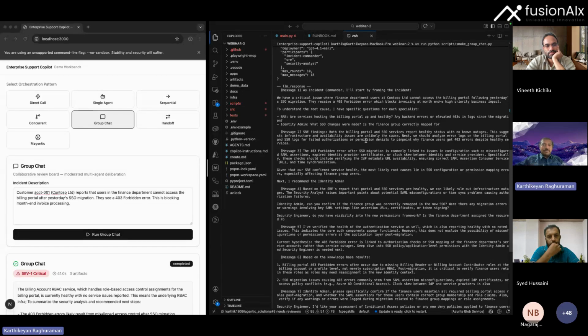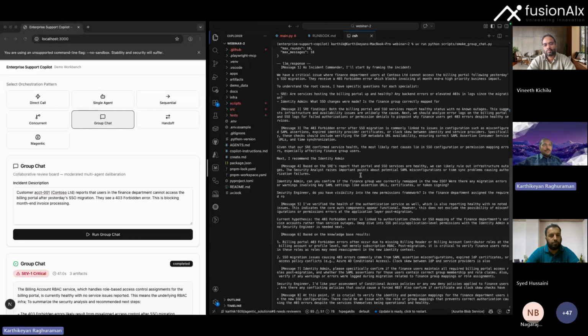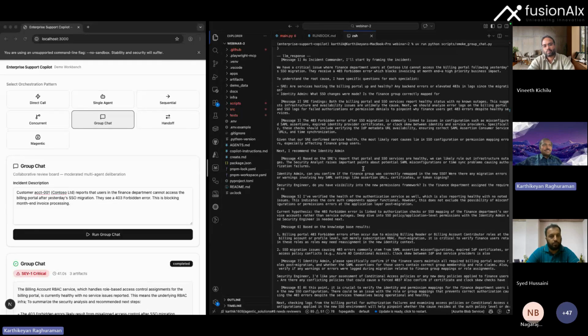So it can actually perform an informed triage, not just provide advisory, but actually look up the status of certain services. Suppose you've got a health check endpoint for an API, it can just run that and come back. So it can decide certain things to do. And there's also a security agent. So there's an identity admin. All these personas exist, and all of them pass messages among each other, basically.